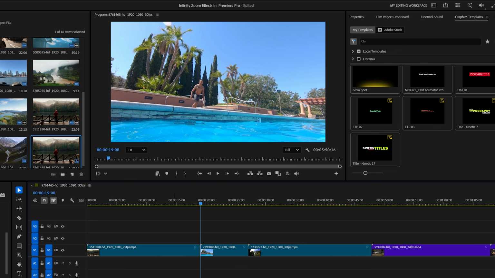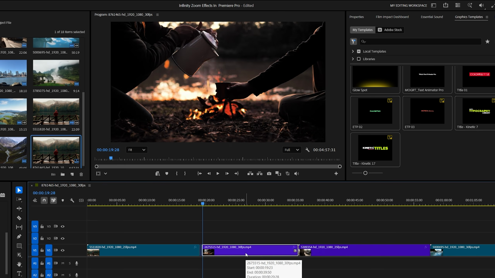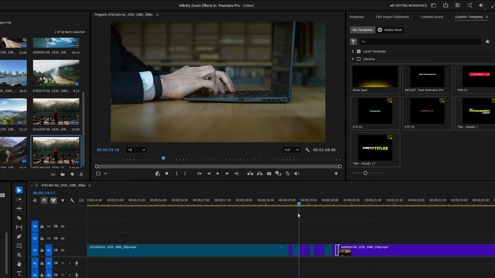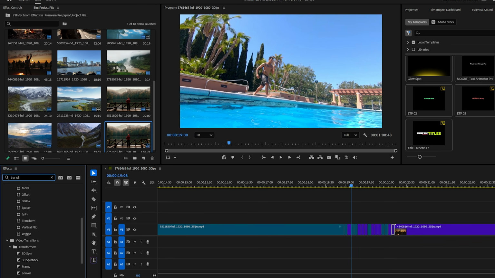Repeat the exact same process for the rest of your clips. Each middle clip should only be 5 frames long, while the first and the final clips should stay at their original length. Once that's done, open the Effects panel, search for Transform, and apply the effect to the first 5-frame